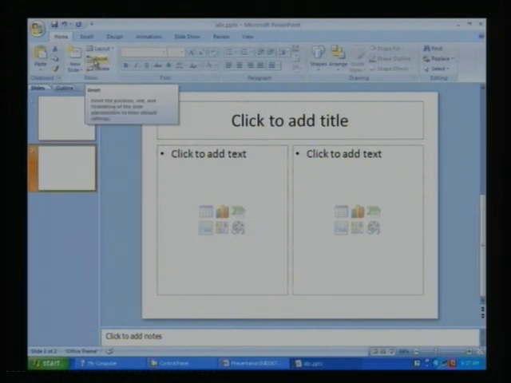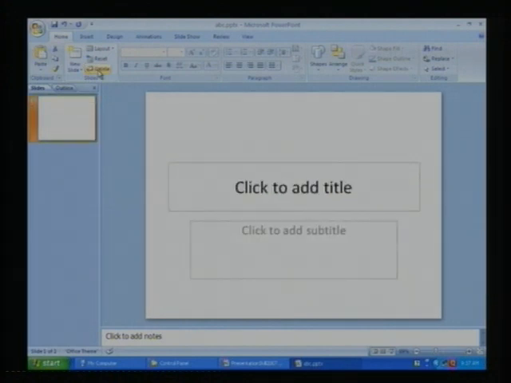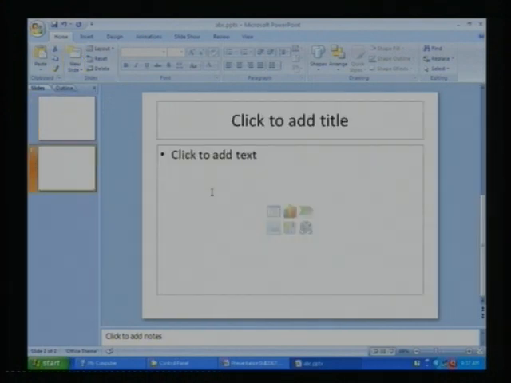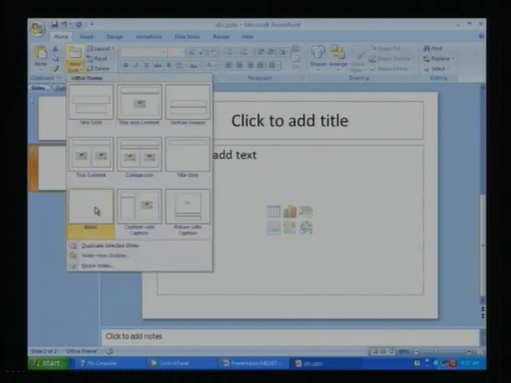There is a reset button. If you click the reset button, then whatever changes you have performed will be reset. If you want to delete a slide, simply select the slide and click on the delete button. Your slide will be deleted. Again click new, then a new slide will be inserted. If you want a list, you have to click on the arrow and select the appropriate slide whichever you require.